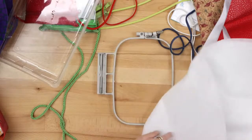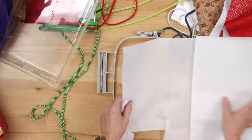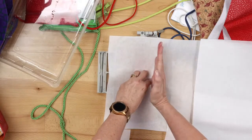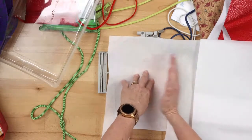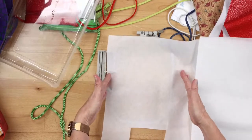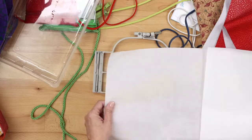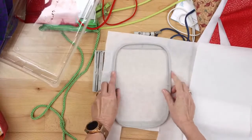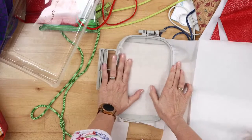And here's a little tip for you. Rather than cutting a piece of stabilizer the size of your hoop, you don't need that much, because if I'm just going to embroider here, I can cut this extra. That's an extra 3, 4, 5, 6 inches that you can use for the next project. But if you cut a piece that you need to hoop, then you're wasting all that margin. So I just leave my piece big and I hoop the cutaway, and then we're going to do something called floating the